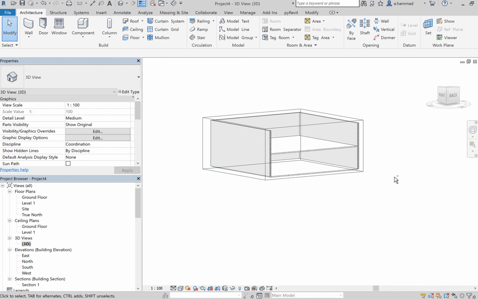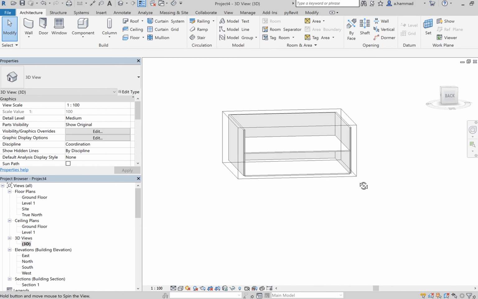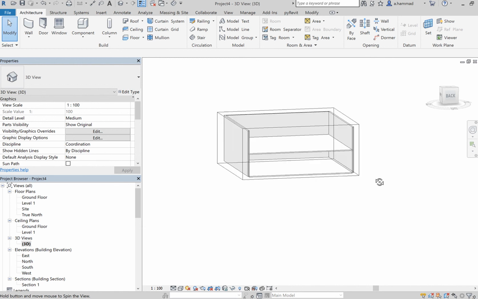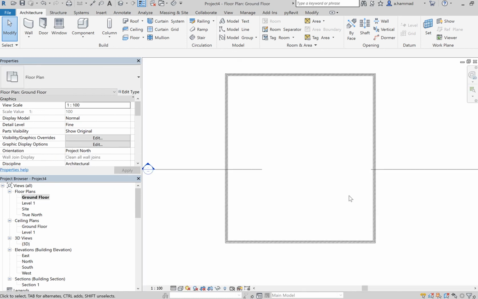Always remember, in the case of a stair, you typically need it to be placed next to a wall structure, and the reason for that is because you need some sort of support to attach to that stair. So if we go to our ground floor, and let's say we want to add a stair somewhere here, what you can do is from your architecture tab, click on stair,